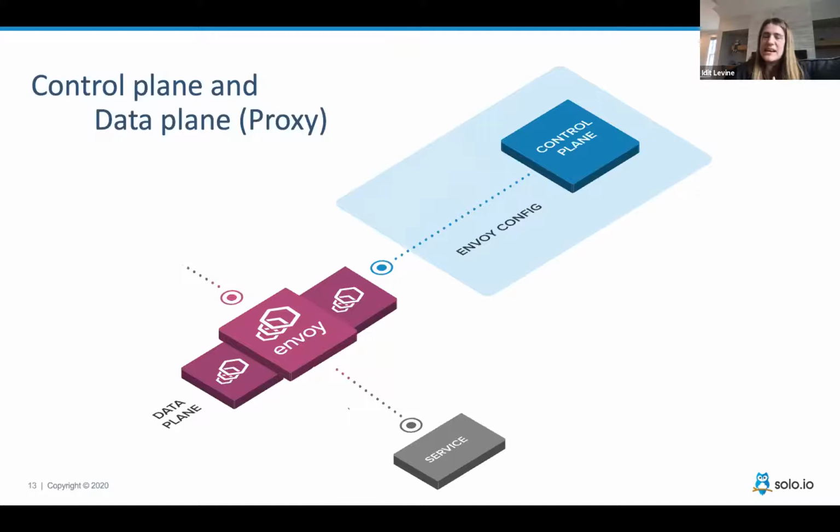This is a very popular pattern. It's true for API gateway, it's true for service mesh. In a nutshell, it's very simple. You put in a data plane that is pretty dumb, and you need a control plane that is smarter and can collect, for instance, data from your environment and know that one of your services is down and that you need to do something about that, and so on. So that's basically what it is.